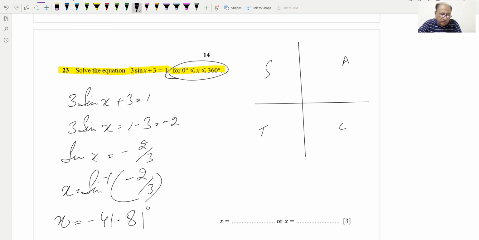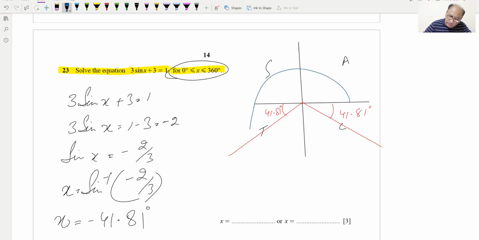So if we take this one as 41.81 degrees, and the second angle will be on this side, this one will be 41.81 degrees. So which angles will we be taking, starting from the 0 line, the first angle will be this one,